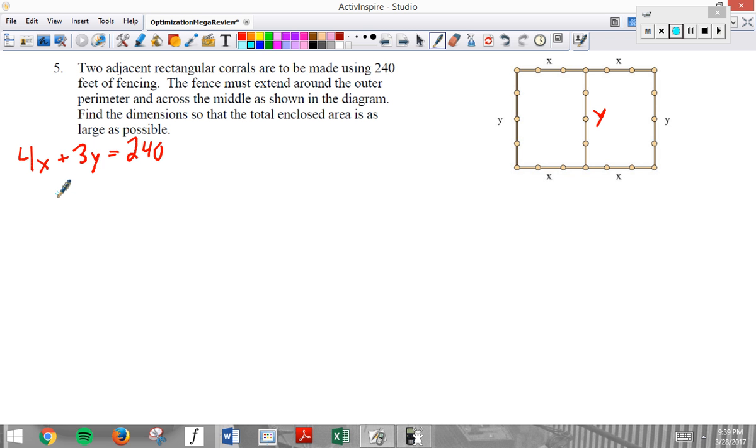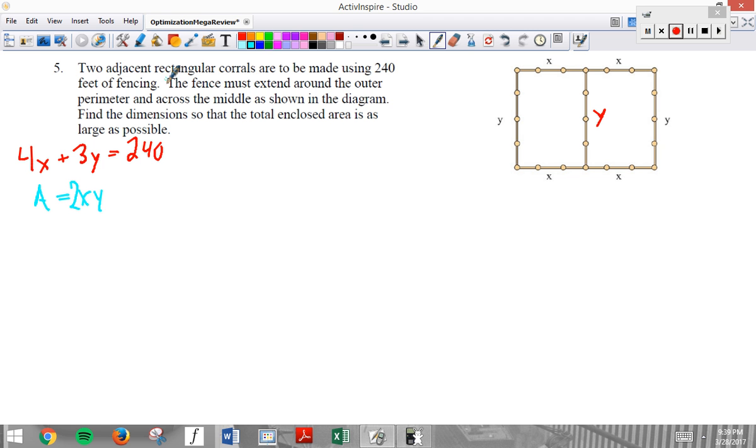The area equation, which is what I want to maximize, is x times y. Nope, it's 2x times y. The entire length times the entire width. Okay. Which is going to be easier to plug in? It really doesn't matter in this case, everyone. Technically,